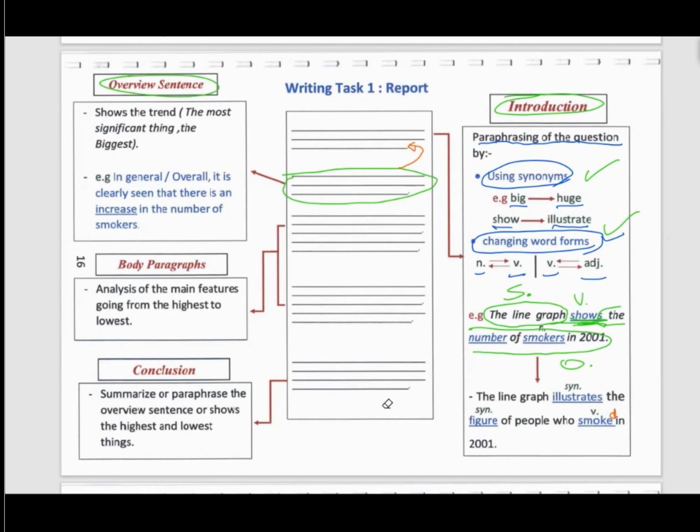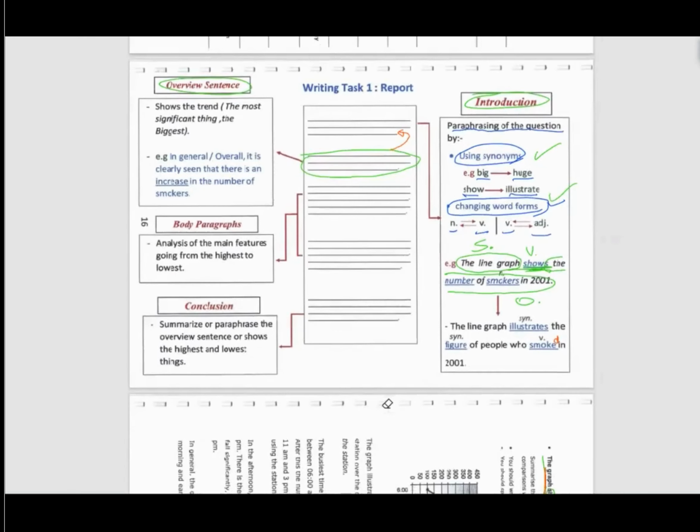The question and the drawing must all have the same meaning. They will have the same meaning. It will not confuse you that much, actually. It will have the same meaning. We will look at examples. Don't worry, we will look at examples. Let me just start with these basics first.